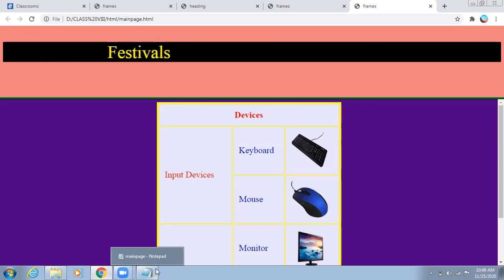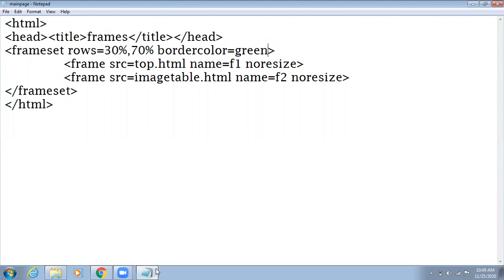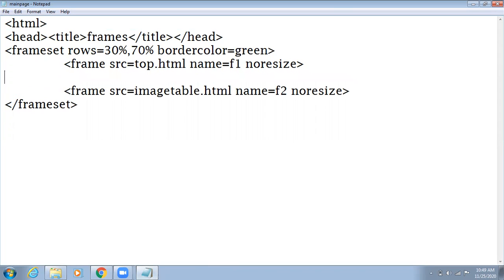Okay, next option is, suppose I wanted to divide my page first into rows and then into columns. So first you have to write this line, rows 30% comma 70%, and then you have to add the source for the upper part, that is 30%. Now again you have to divide it into two columns. So frameset cols equals to, this time suppose I wanted to divide it into 40% comma 60%.